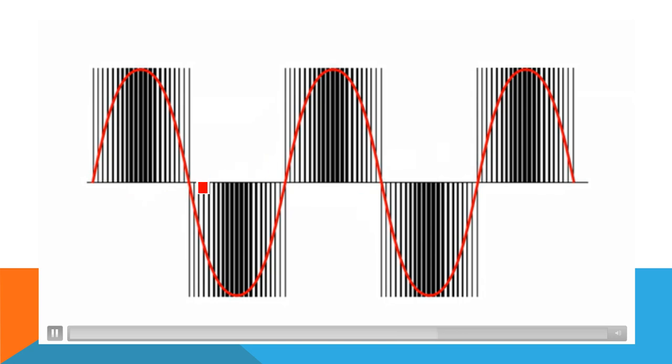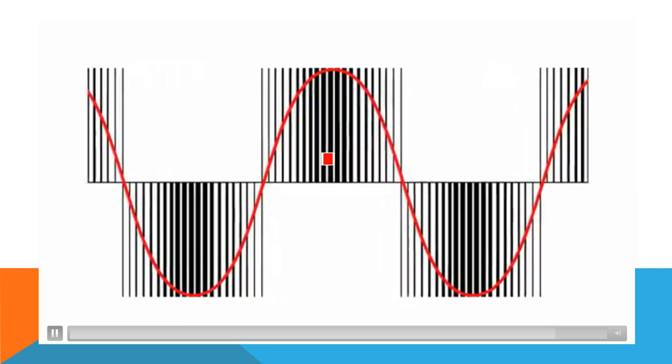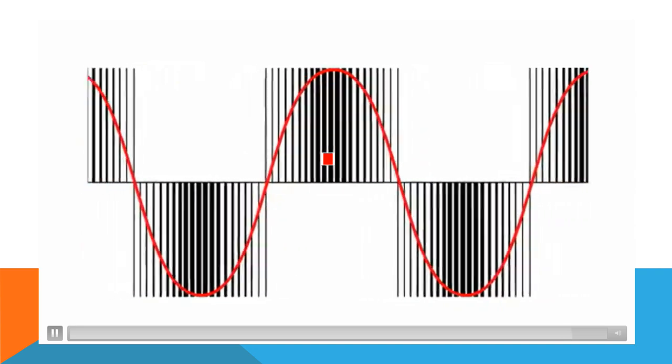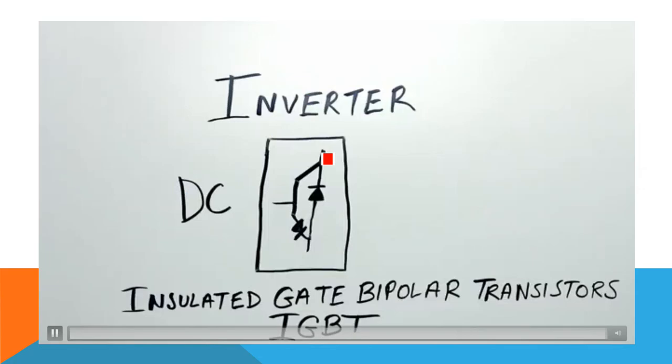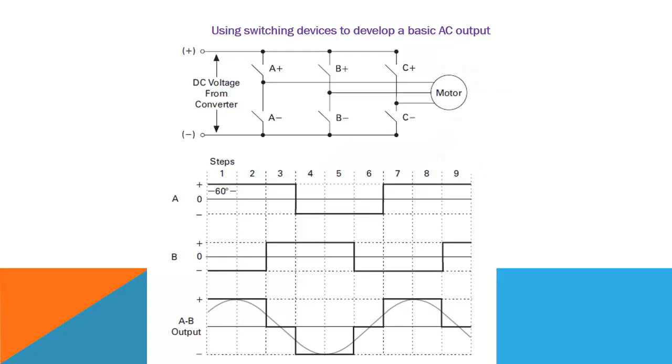And the frequency, you will be able to see, can also be controlled by controlling the pulse width like this. If the pulse width is increased like this, it will be reducing its frequency, and as the pulse width is reducing, the frequency can be controlled. By effectively controlling the frequency, we will be controlling its voltage and frequency.